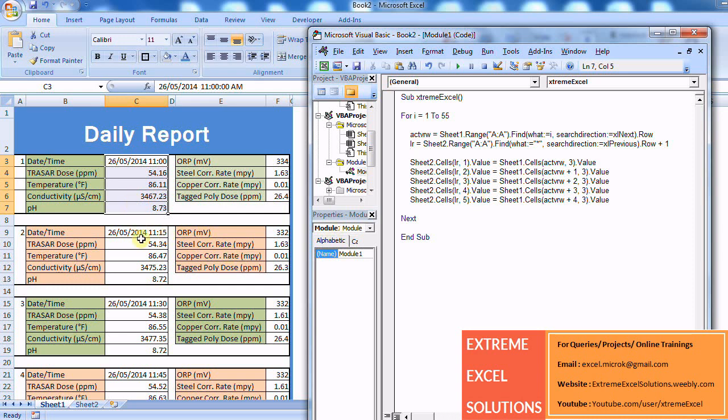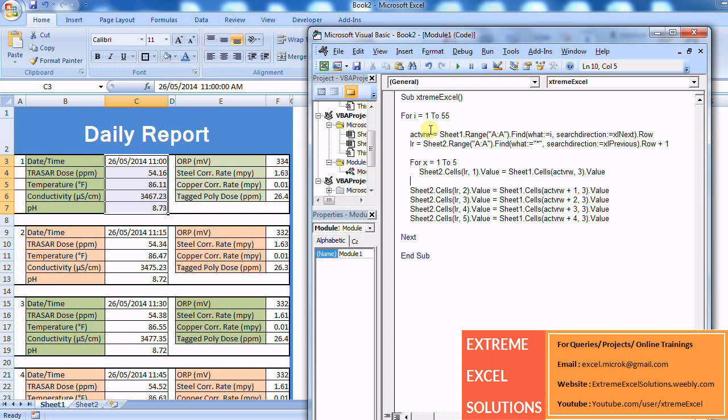Now think if you have 100 parameters here in one row for each block, you won't be writing all these statements over and again. So you should write a loop for such kind of blocks. So I'm using an internal loop which says that for x equals 1, 2, 5, because I have 5 set of statements, and what I'm repeating is this statement. I'm putting a next over here just to eliminate remaining 4 statements, and the x will play